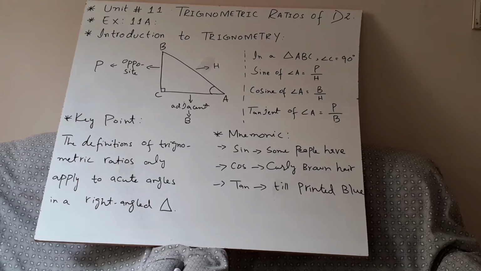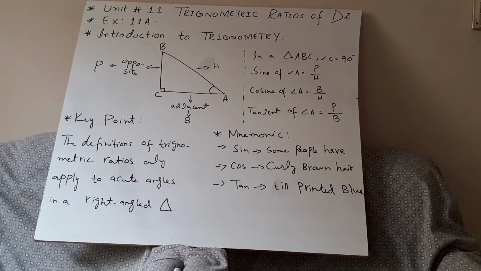So first thing, you should know these sides as I described. The side which is opposite to the right angle will be H, hypotenuse, and the side which is adjacent to the acute angle, which is at point A, is called base, capital B, and the remaining third side, which is opposite to the acute angle, will be perpendicular.